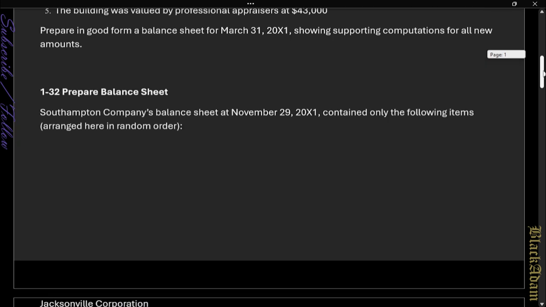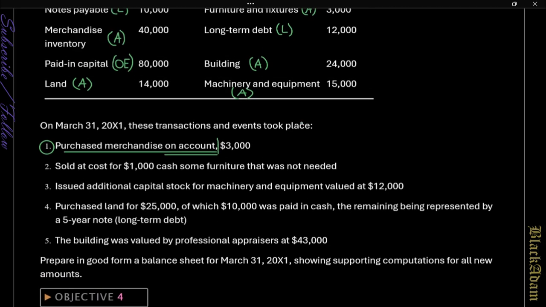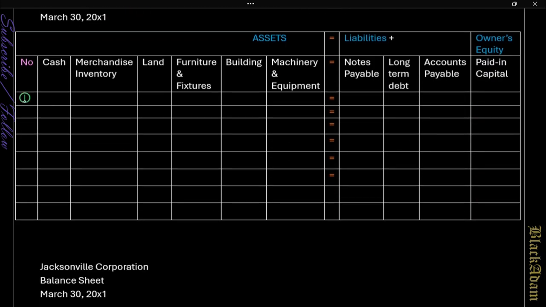And then we're going to look at one there. We have purchased merchandise on account, so that's credit, and the amount is $3,000. That means merchandise is an asset, and then accounts payable, which means that you acquired an asset, but at the same time you owe people for that asset. So that's what it actually means. And then we are going to look at the first transaction,